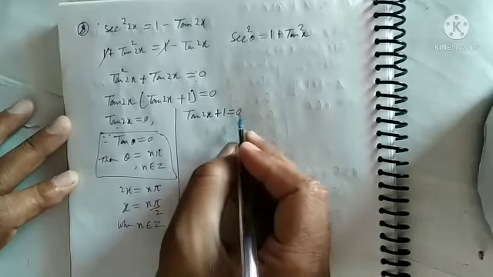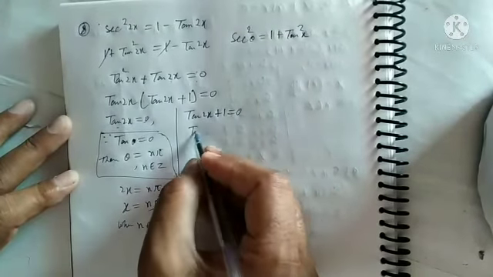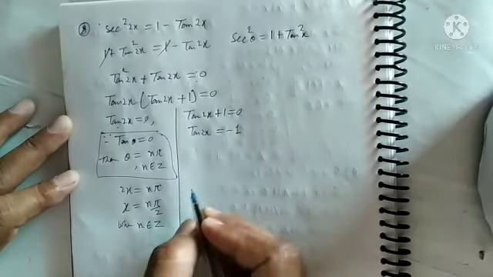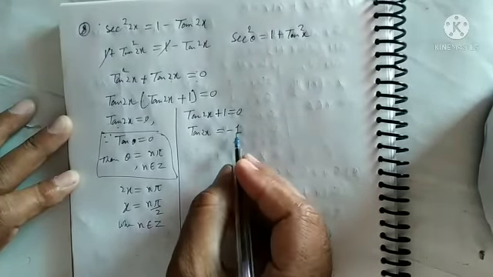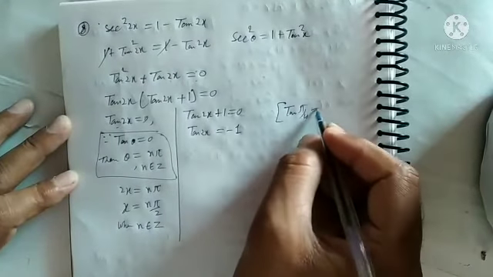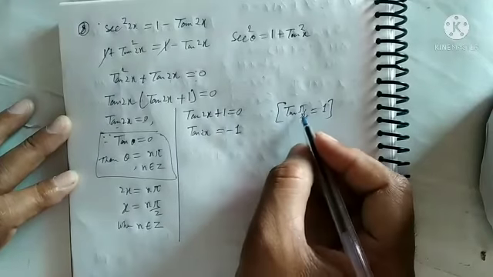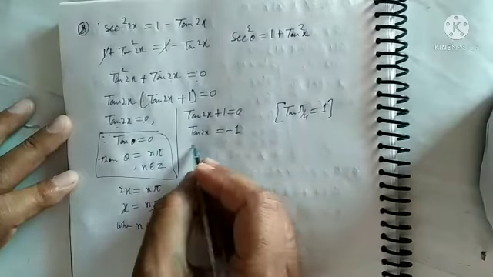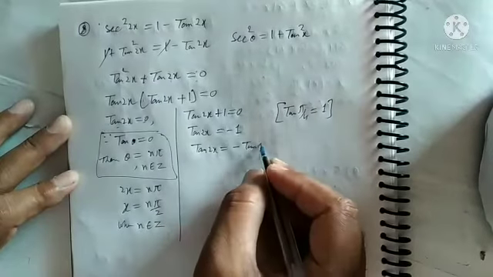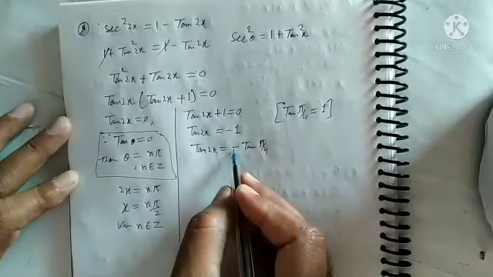Now we will solve tan 2x plus 1 is equal to 0, this term also. So how? Write down tan 2x; if we transpose this plus 1 to that side, it becomes minus 1. Now you know 1 is the value of which tangent? That is tan pi upon 4 is equal to 1, meaning tan 45 degrees is equal to 1, which you studied in the table. So in the place of 1, what do you write down here? Tan 2x is equal to minus tan pi upon 4.